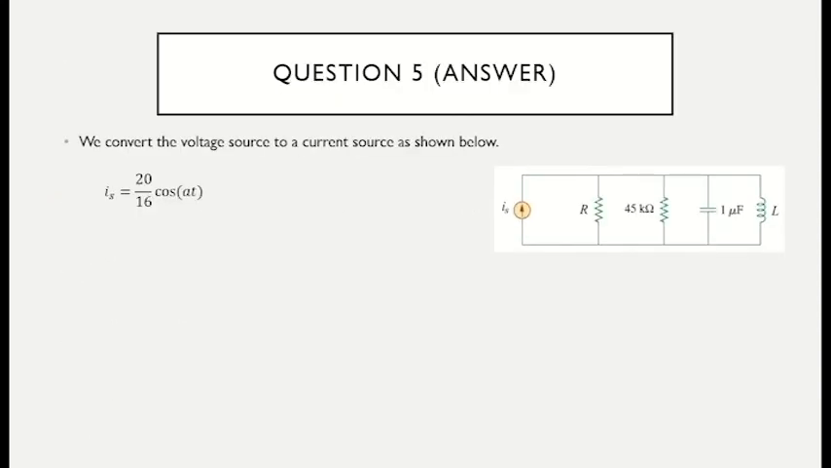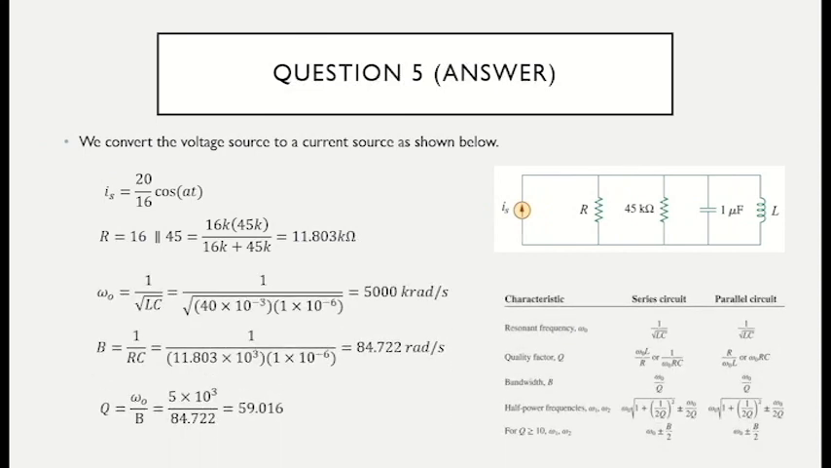Okay, now that we have this, we can combine the two resistors in parallel, and now we have a parallel RLC circuit. From here you just apply the equations to find the omega naught, the B and Q for the parallel RLC circuit. You can refer to this table right here, which, if I'm not mistaken, is table 14.4 in your textbook. And you will find the value for your omega naught to be 5000 kiloradian per second, your bandwidth to be 84.722 radian per second, and your quality factor is